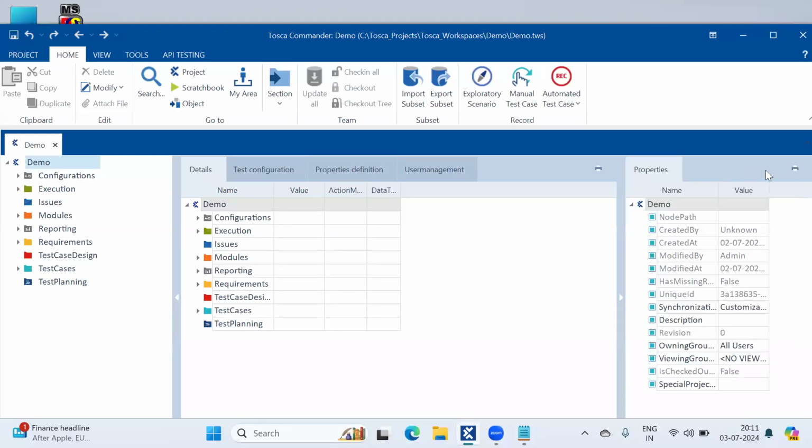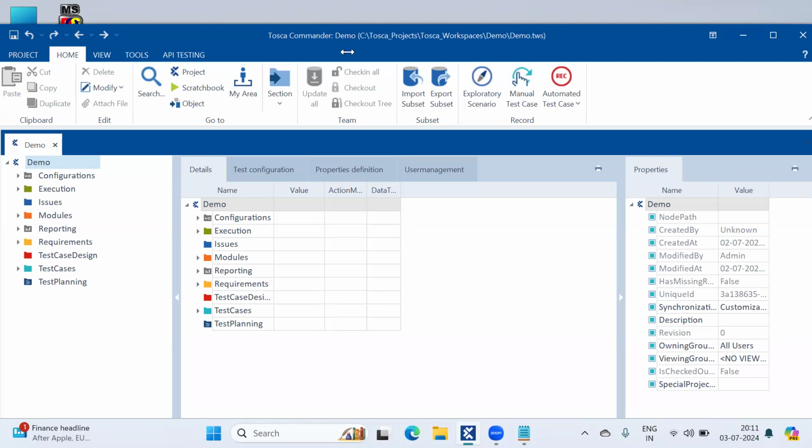This is the properties section. This is called the tree view. The left side panel is called the tree view. And this is the properties section.